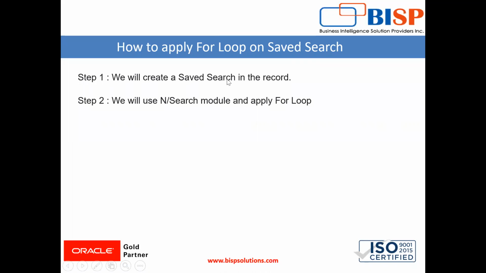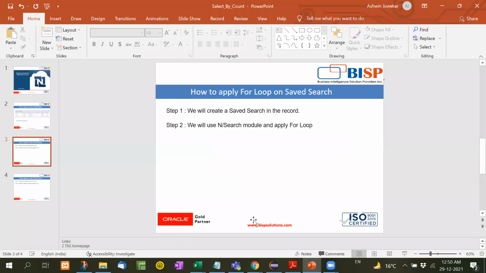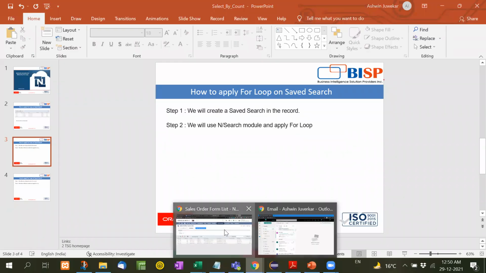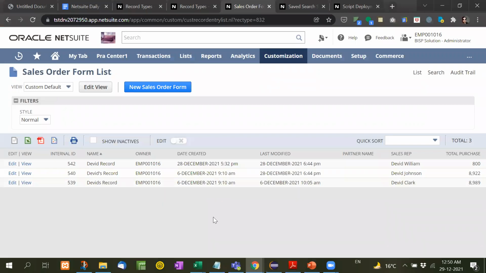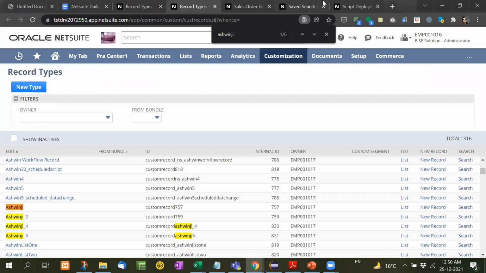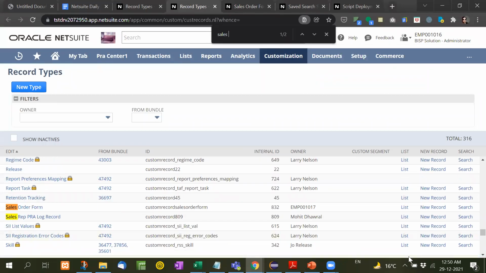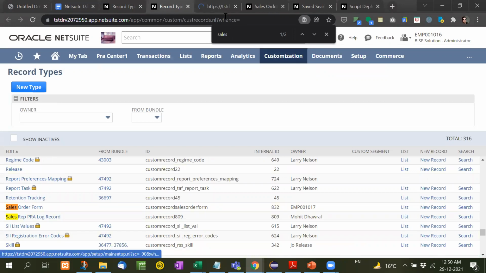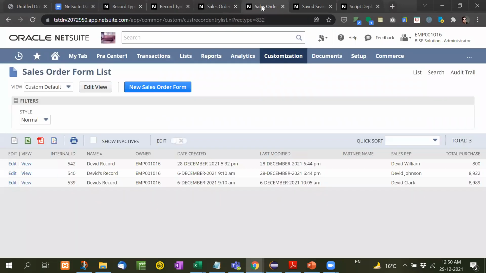See here, we will create a saved search in record and then we will use the N/search module and apply a for loop. Let me show you with an example. First of all, this is our record, sales order form.